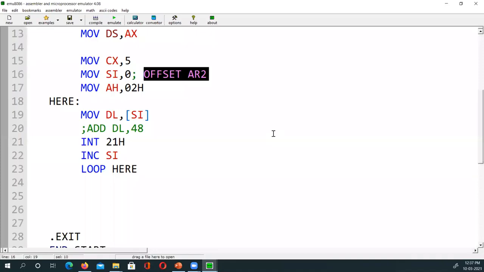It will not print. I will say it will not print. Sir, think about it. In the program I wrote, what is in SI now? Look at this statement, line number 16. What is in SI? Starting address 0. How can you say starting? It is 0 only. It is not the starting address of anything.